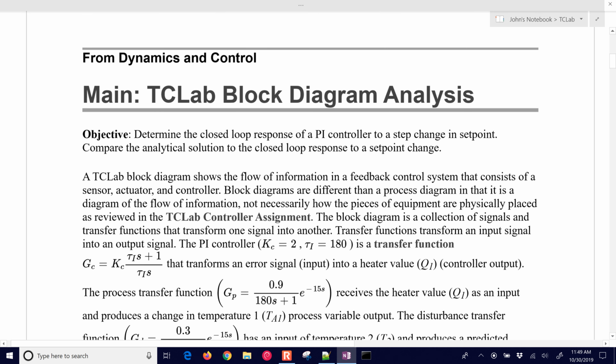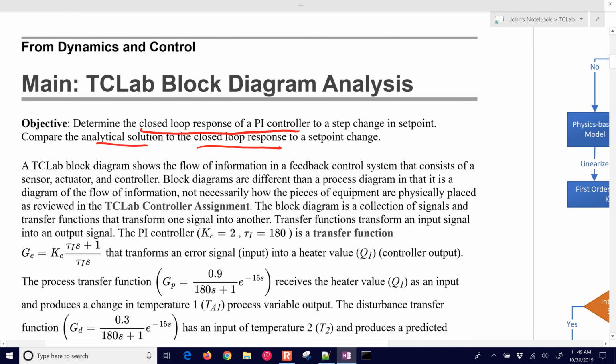Alright, so the overall objective is to determine the closed loop response of a PI controller to a step change in set point, and we'll compare the analytical solution to the closed loop response with the data. We have a little bit of information about each of our blocks in this system. We're going to use this for our controller, this transfer function for our process, and this transfer function for our